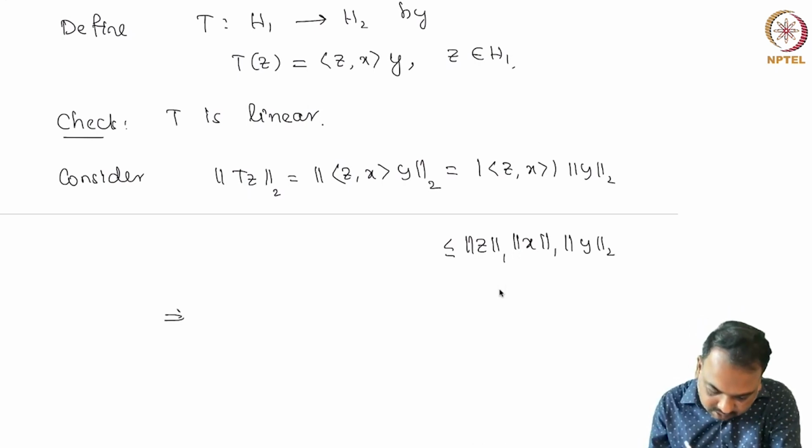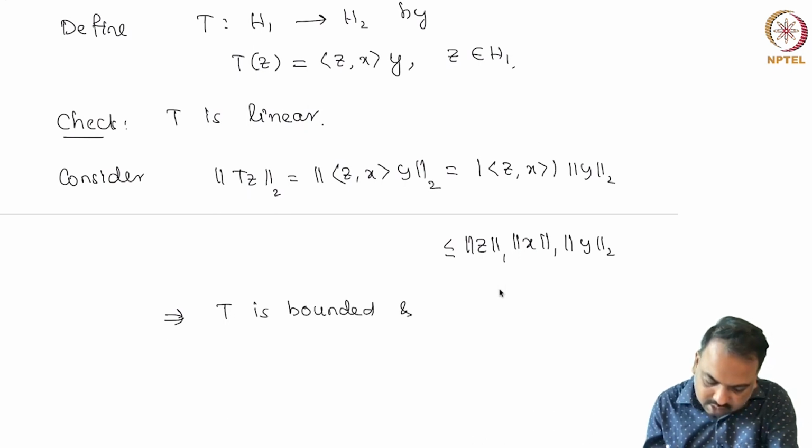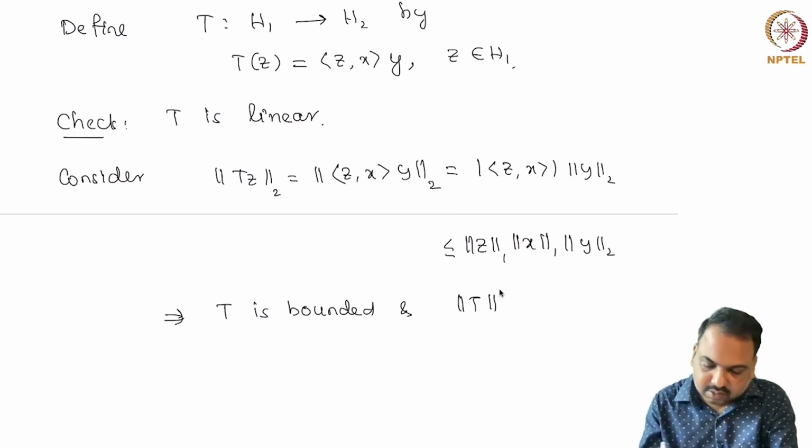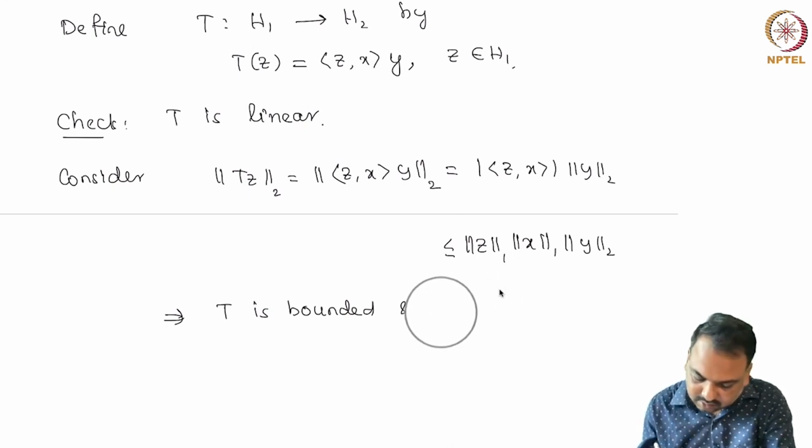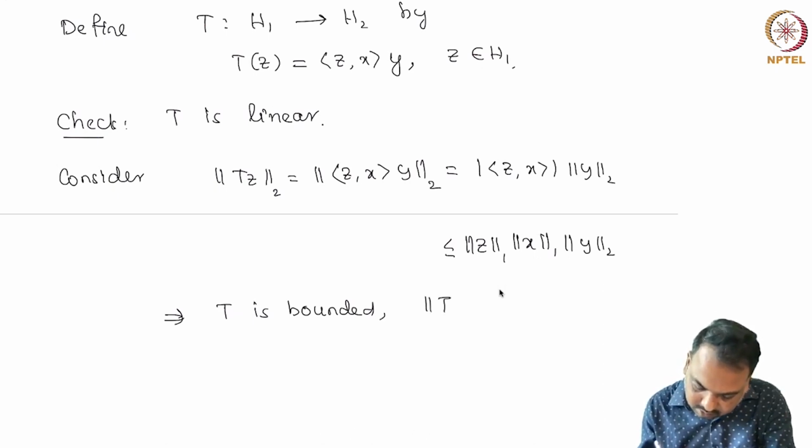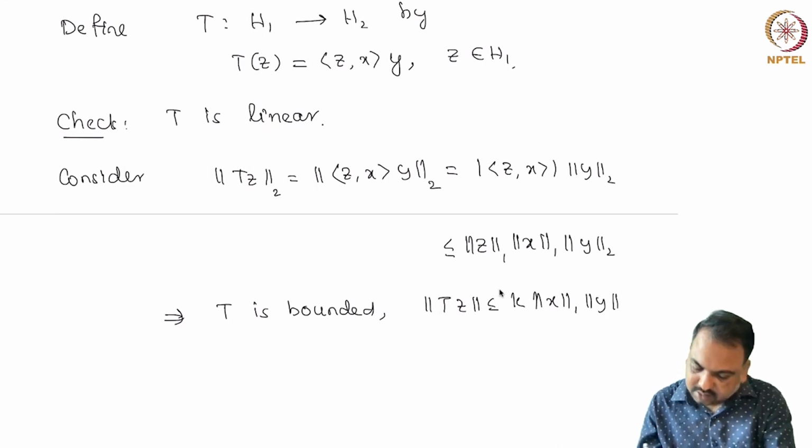So we can say that T is bounded, and the norm of T(z) is less than or equal to k times the norm of z,